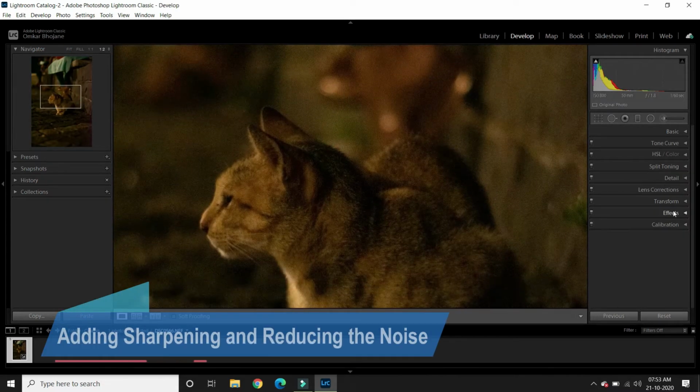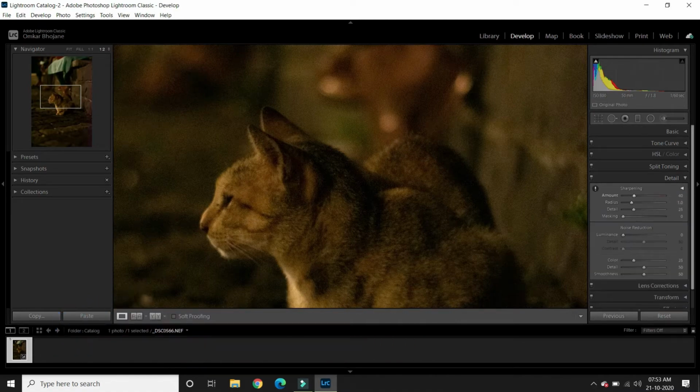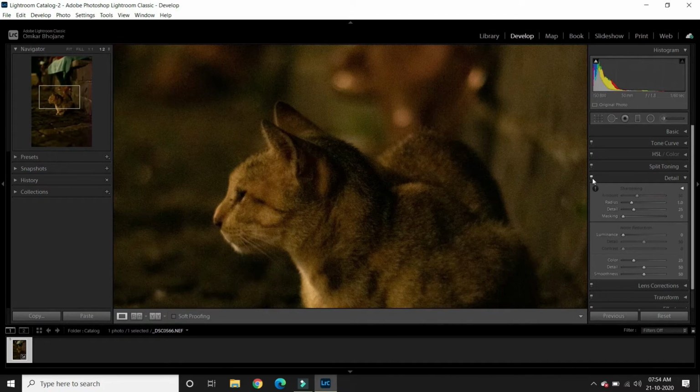Now I'll go to details tab. I'll add little bit of sharpening over here. I'll keep it at 50. I'll increase the luminance. 20 looks great.